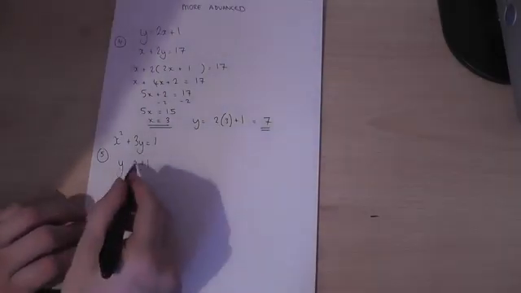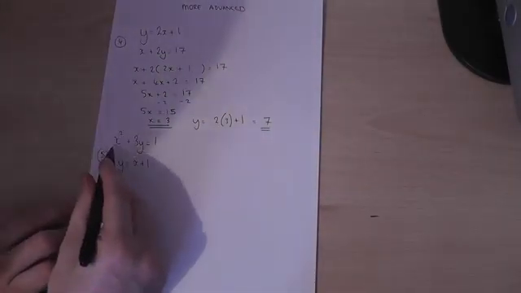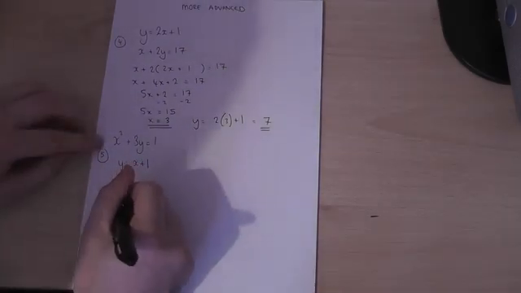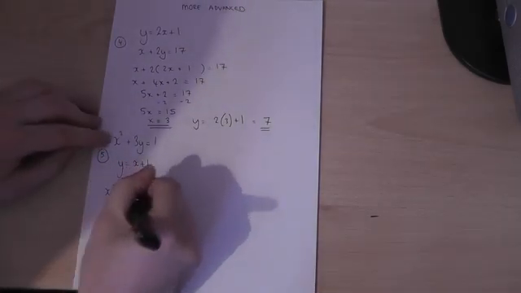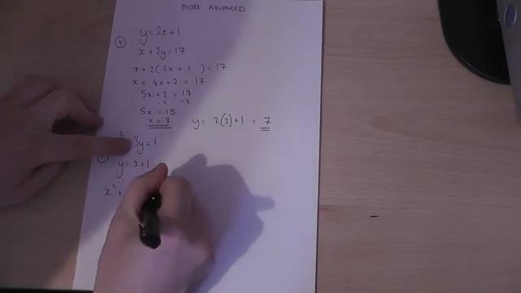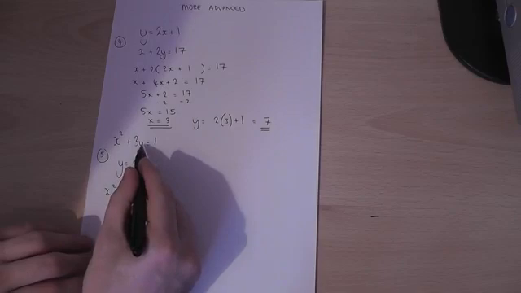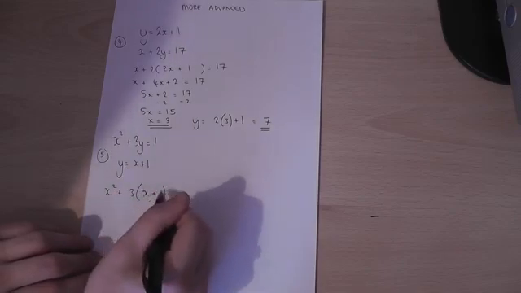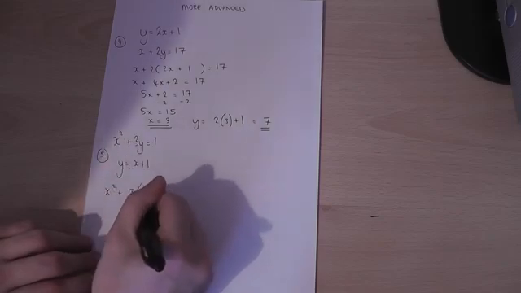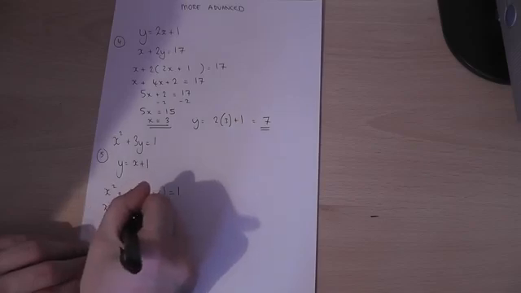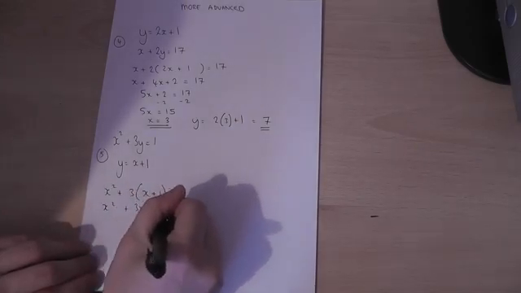The final example is similar. We have a main equation and a y equals equation. So we go to the main equation and we replace the y by whatever we're told it equals. We're told y equals x plus 1, so that y is replaced by x plus 1. So x squared plus 3 times y equals 1. I expand the equation,